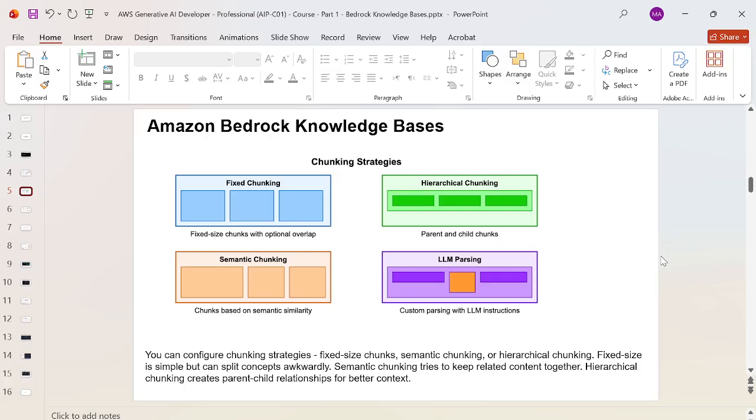But in semantic chunking, it tries to keep related content together in the chunks. Hierarchical chunking creates a parent-child relationship for better context. You can see hierarchical chunks in scientific documents like